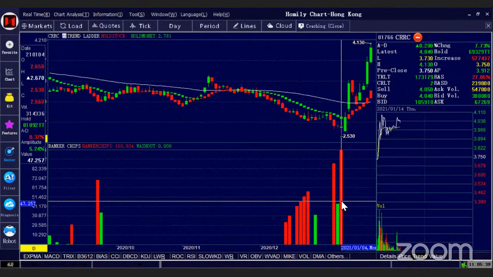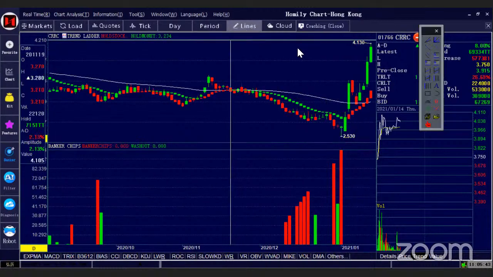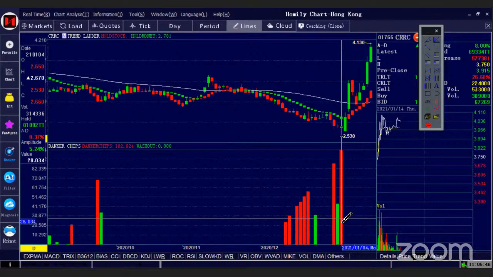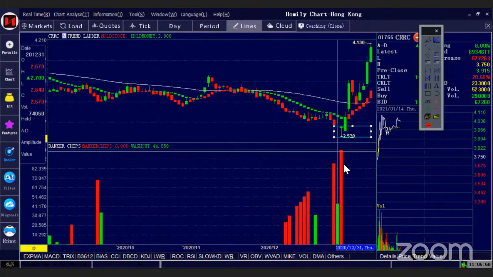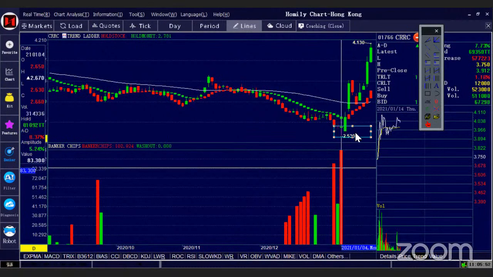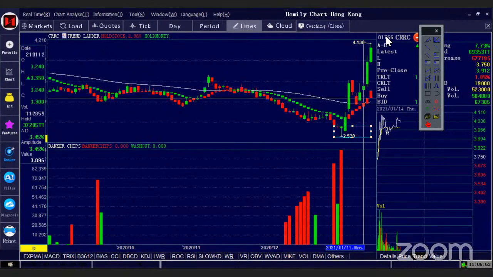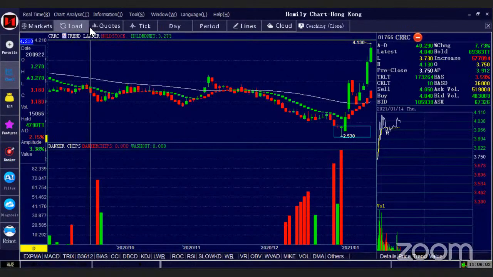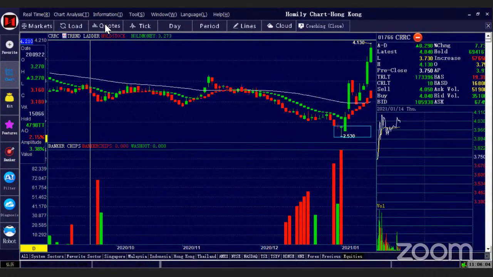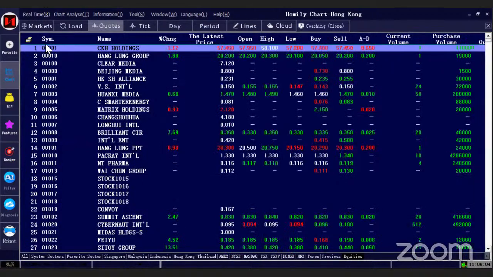I feel that if we check the banker chips, wow, this is a very good buy point here, the best buy point here. So you buy here, you can catch the biggest profit here. All right, so this is for Hong Kong markets. If you want to check Malaysia, if I change to the Malaysia market,